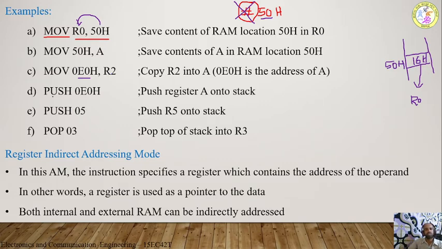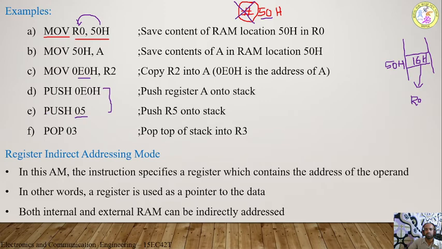And then we can use push as well as the pop operation. So these two are related to the stack operation. Pushing means storing the data, popping means retrieving the data, taking back the data. Push E0H means content of accumulator is copied to stack memory. Pop 05 means in the stack memory, go to the memory location, that is the top of the memory location, and that content will be taken back to the register R5, whereas 05 is the address of the register R5.